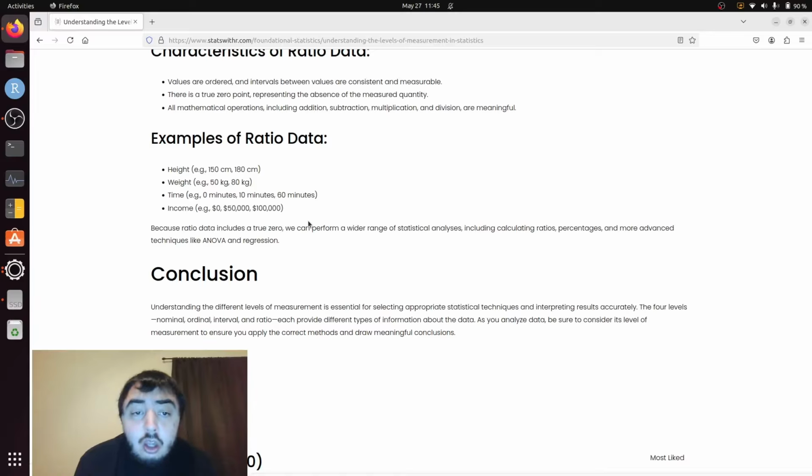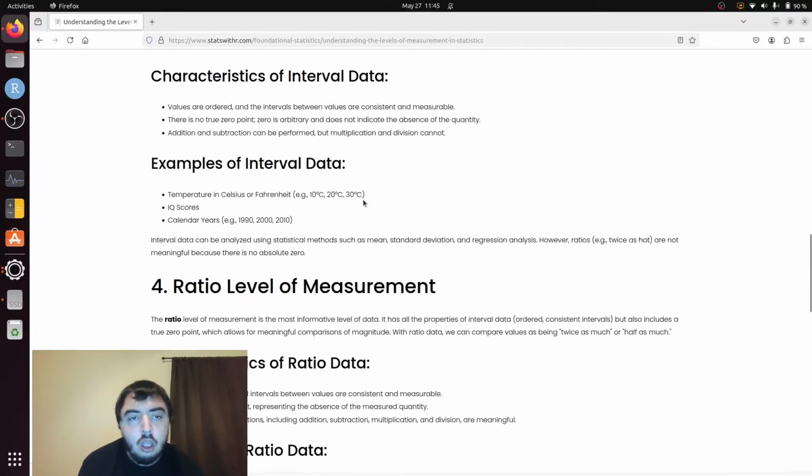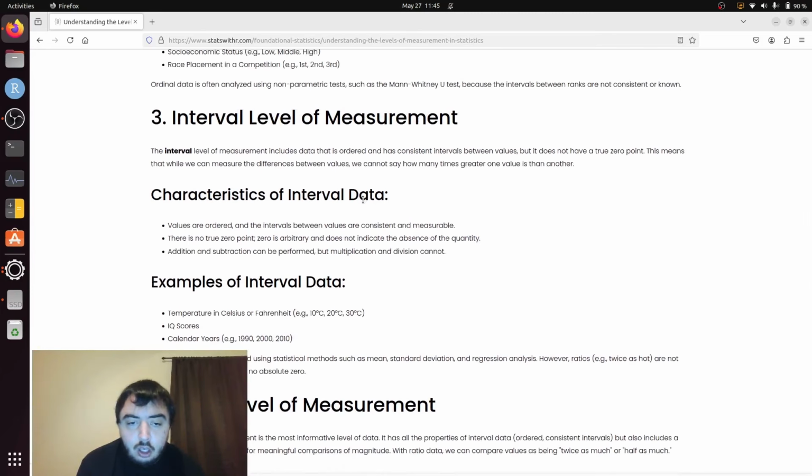The ratio level of measurement allows you to do ANOVA and regression, but you can also do ANOVA and regression on interval levels of measurement. That is fine, and that's why in programs like SPSS, interval and ratio levels of measurement are aggregated into one category, because you can do the same things on them practically. You just can't do ratios and have a meaningful statement. And I don't remember what the category is called. I think it might be called continuous.